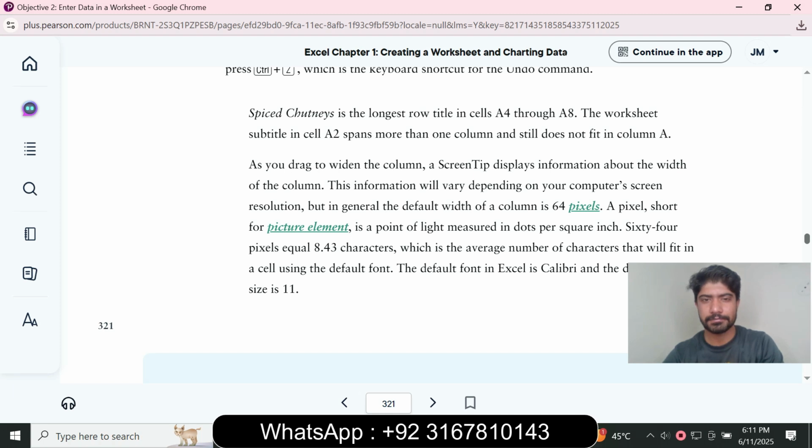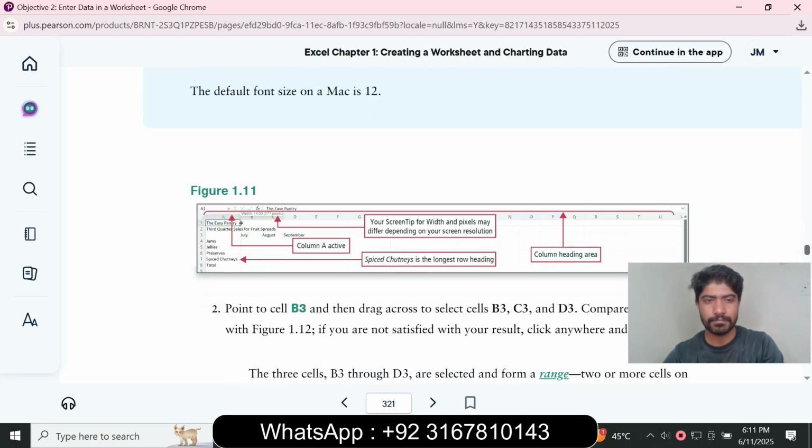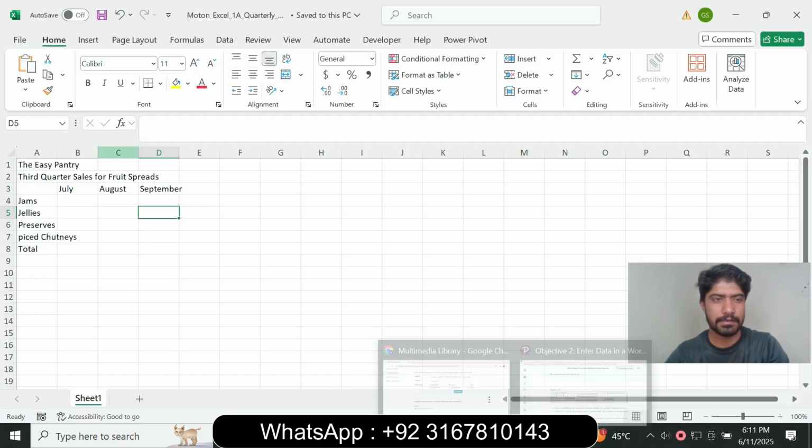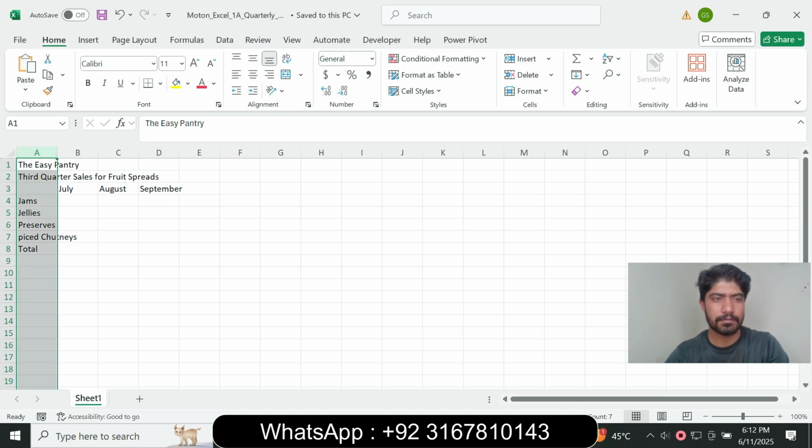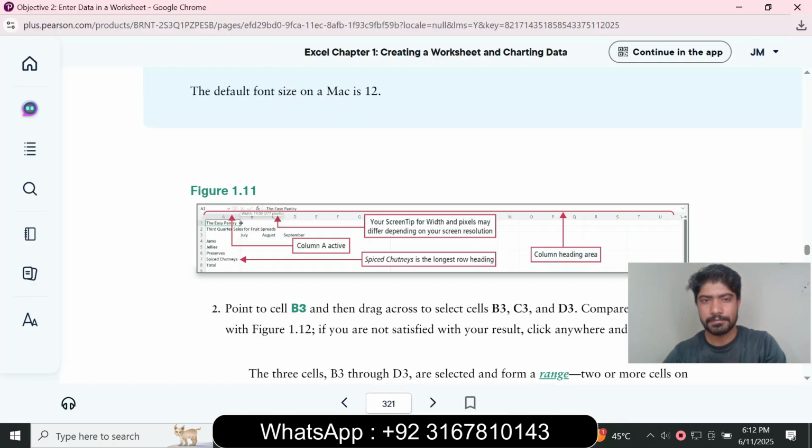And 14 pixels, and select column A and 40 pixels. Next is